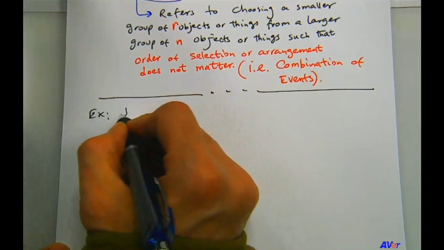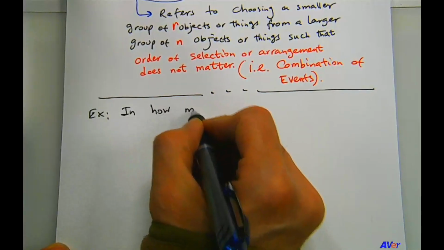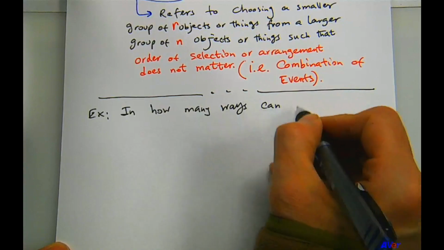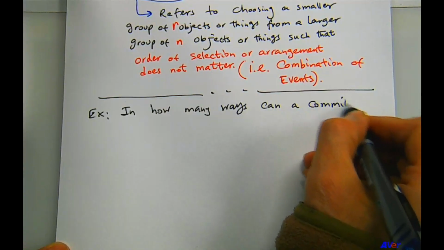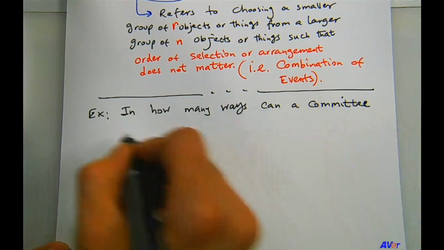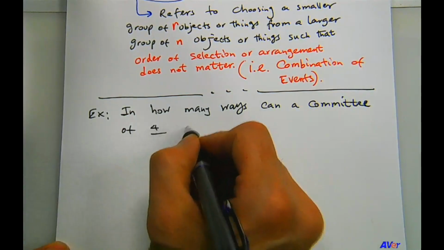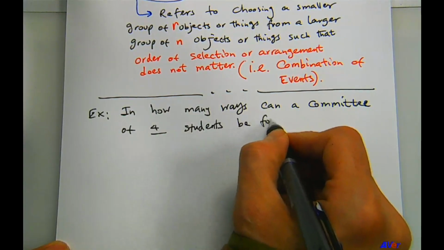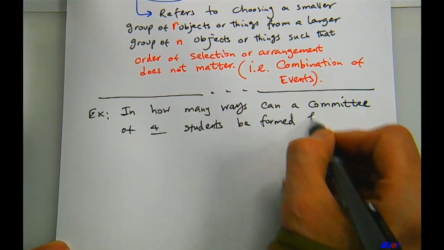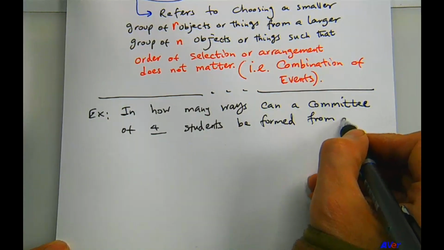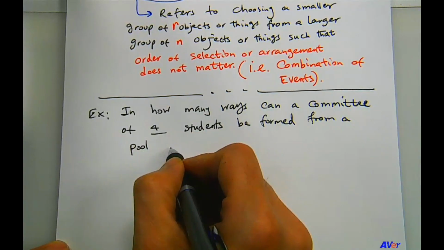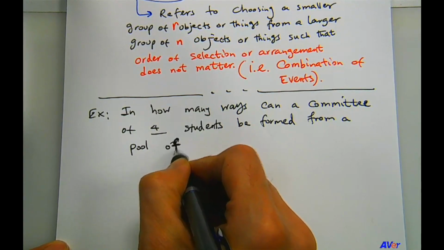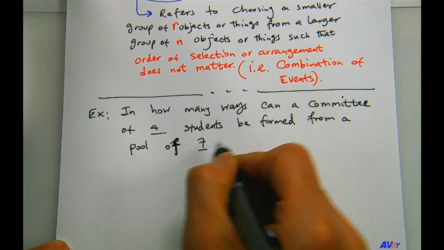Okay, suppose we're asked to find the number of ways a committee of 4 can be formed from a pool of 7